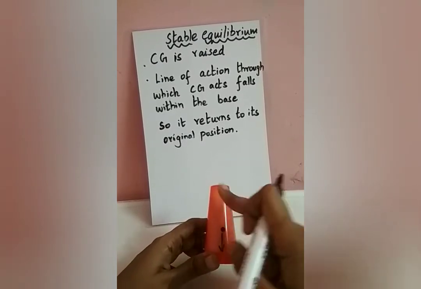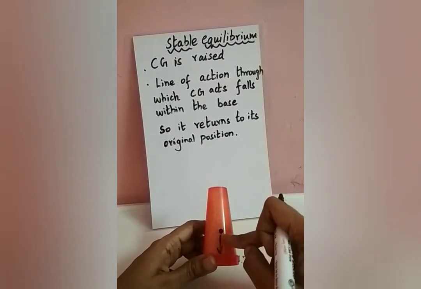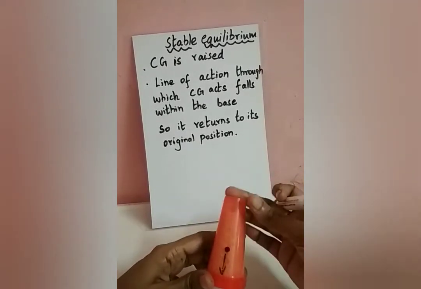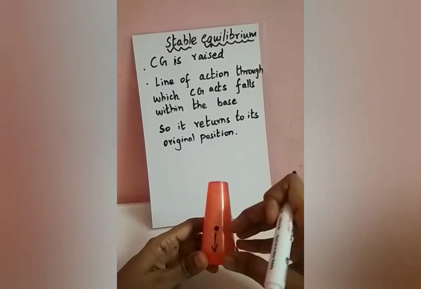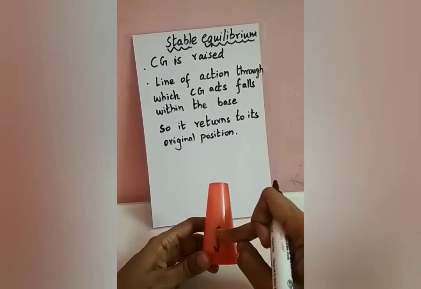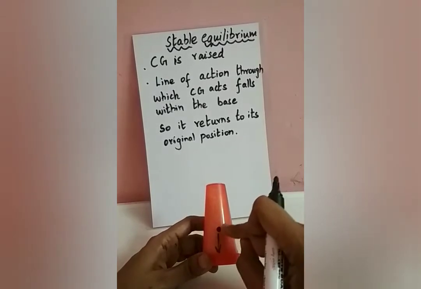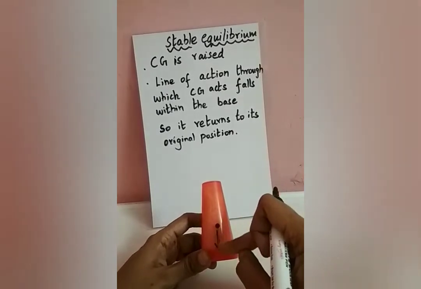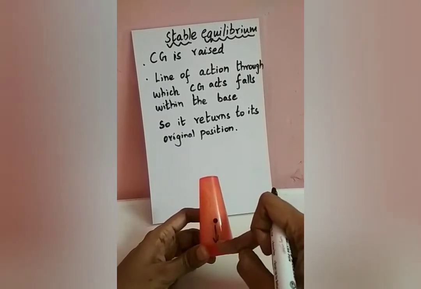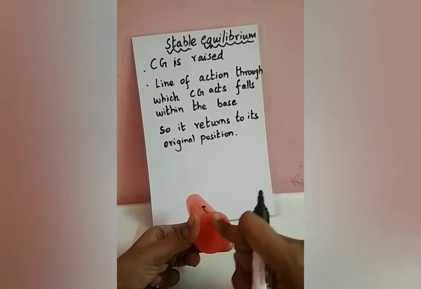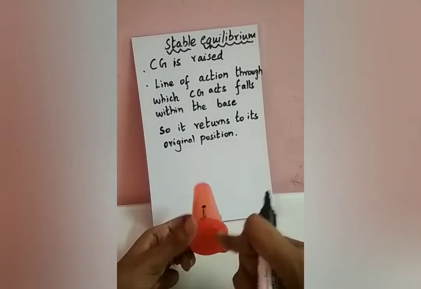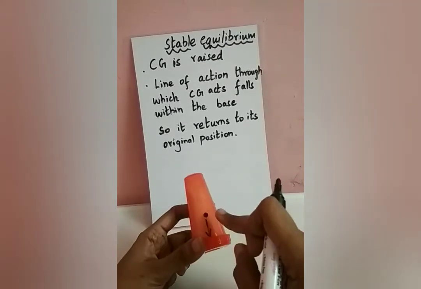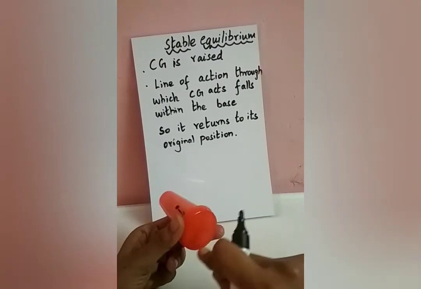The center of gravity of this frustum is very, very close to the base. It is because the mass is concentrated at the base, since the frustum is tapering at the top. So the center of gravity is here at this point where I have pasted the bindi, right? And the line of action is an imaginary line through which the weight of the body acts. You can also see that this frustum has a broader base. So these are the two important conditions for the stability of an object: the center of gravity should be low and the base should be broad.